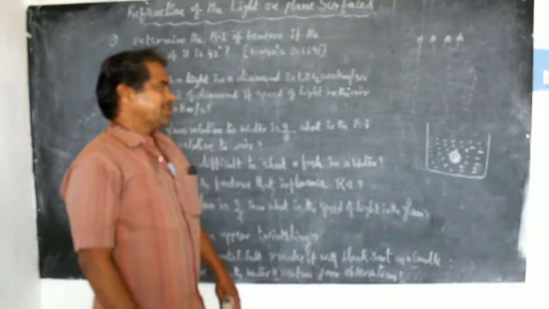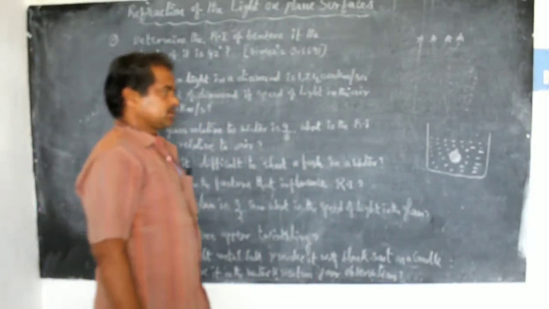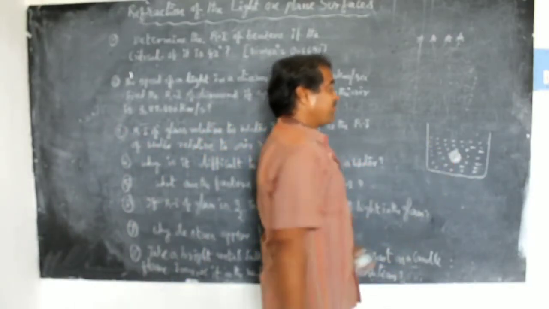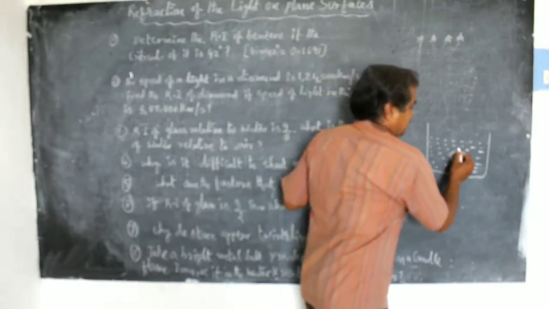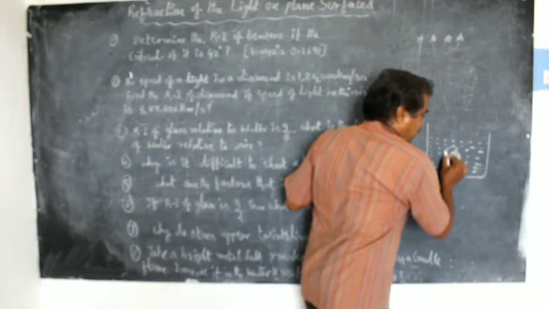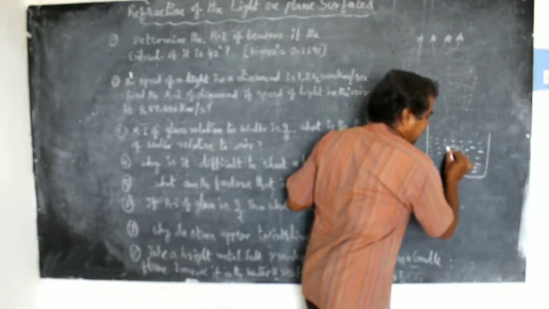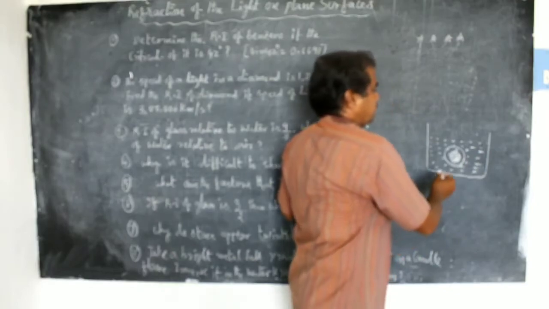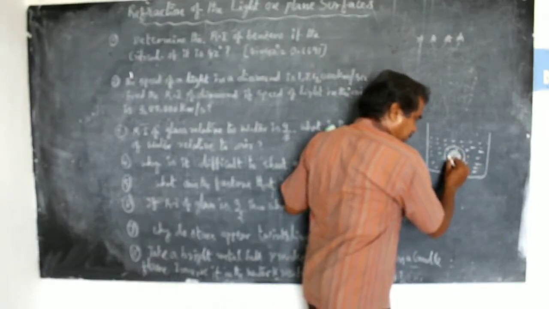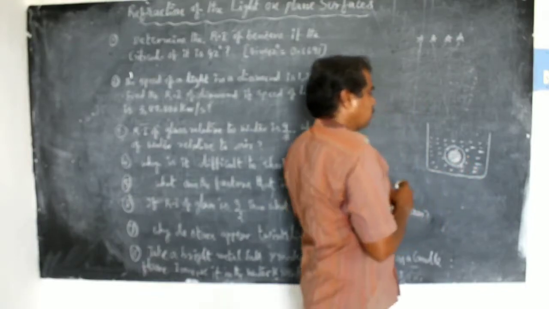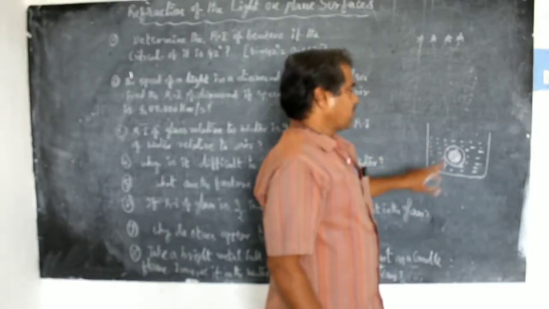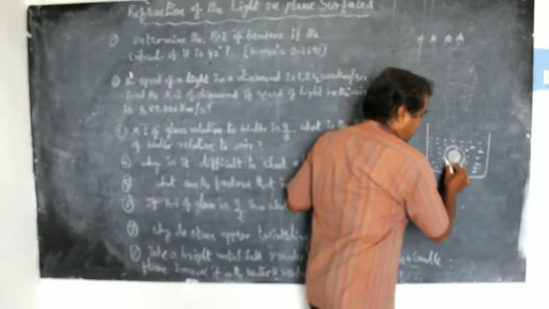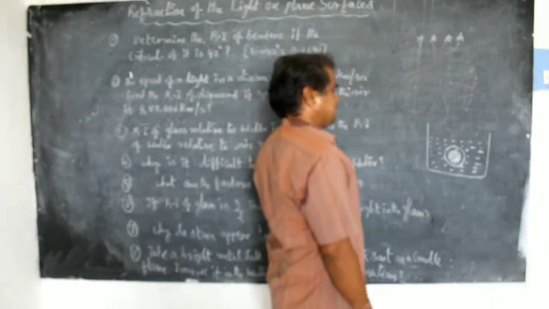Soot does not stick with the water. So when the metal ball covered with soot using a candle is immersed in the water, one layer is formed around the ball in the water. Because the soot which covers the ball surface does not stick with water, one layer is formed. When the light rays